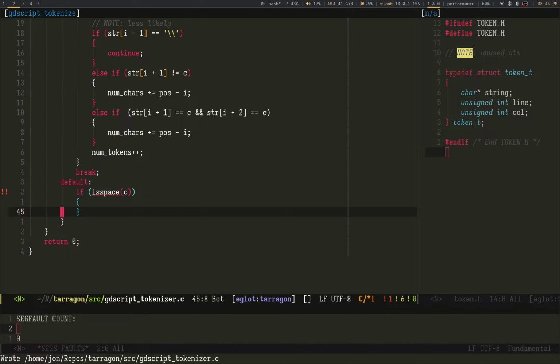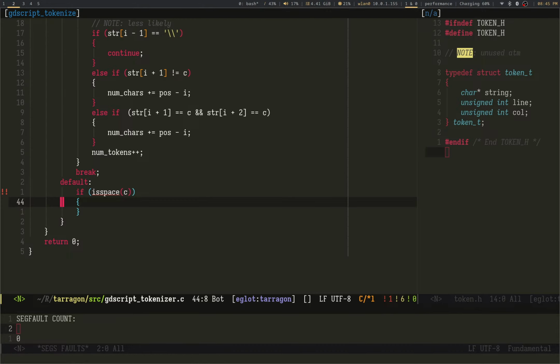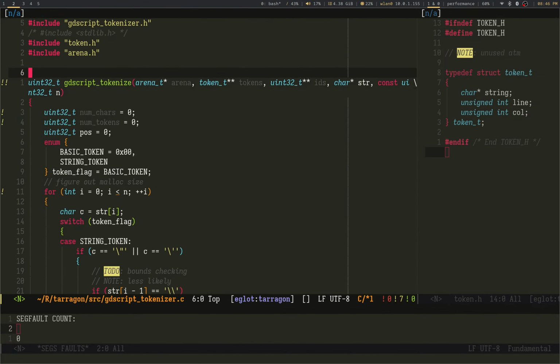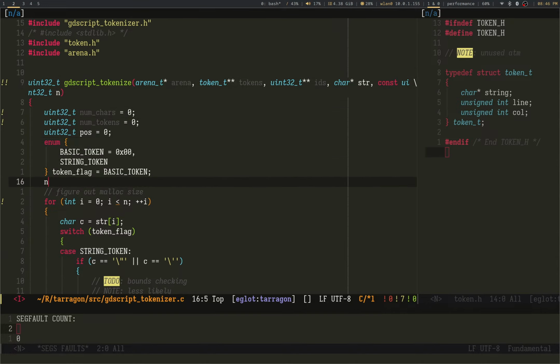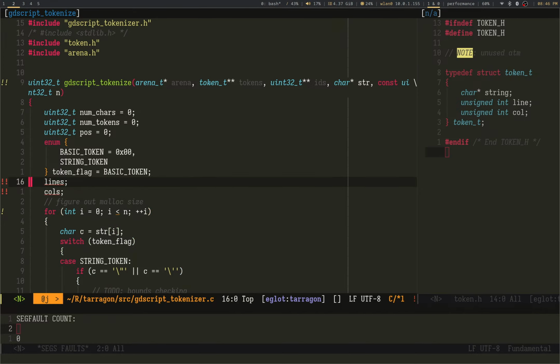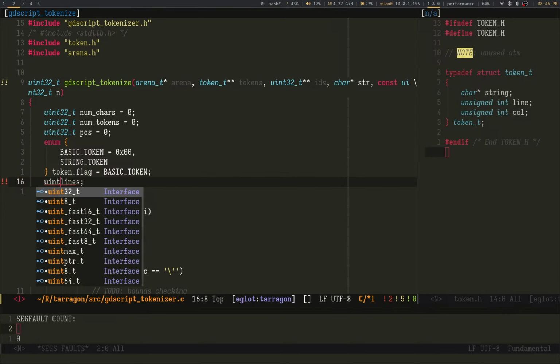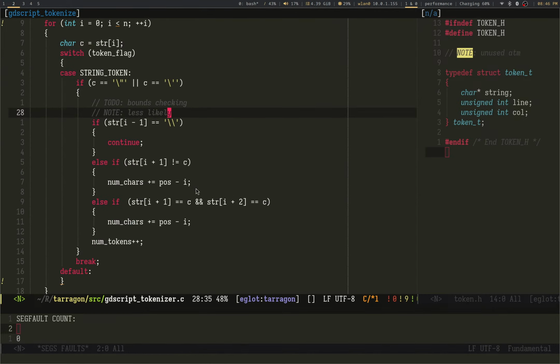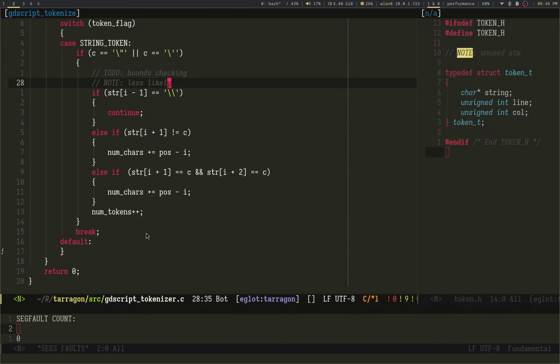I can't actually do that. If GDScript used braces instead of white space, I could actually do that, but I have to keep track of my white space.